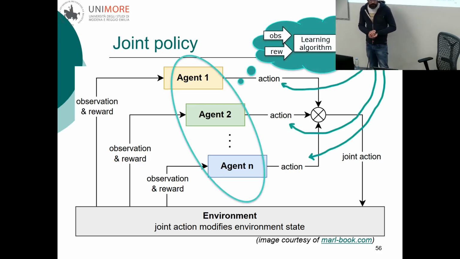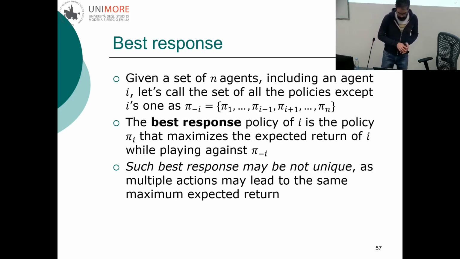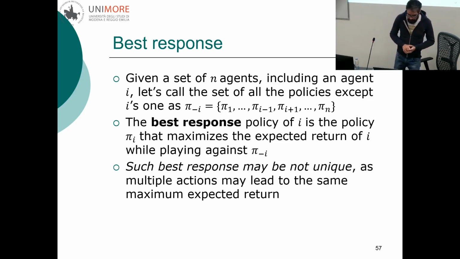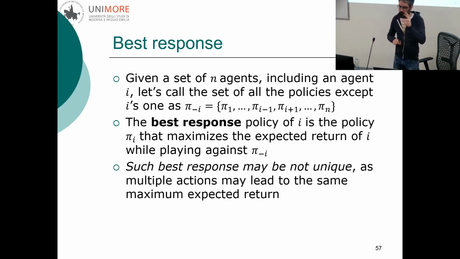So let's try to see one of these concepts, the most basic one, upon which many other properties are usually built. So, best response, in reference to a policy, is defined as this. Given a set of multiple agents, and we focus on the perspective of one of these agents, let's call it agent i,